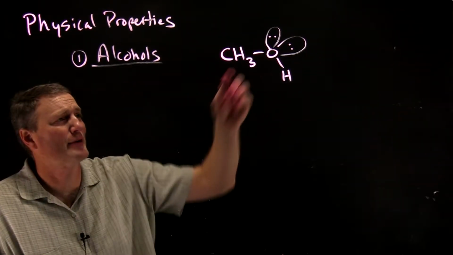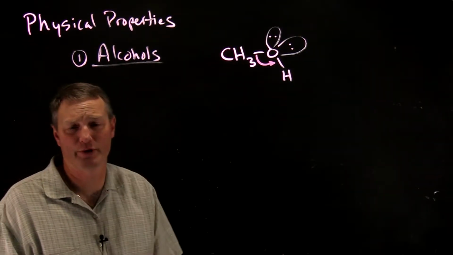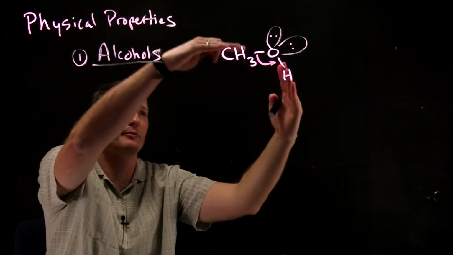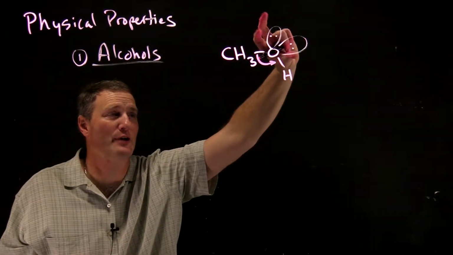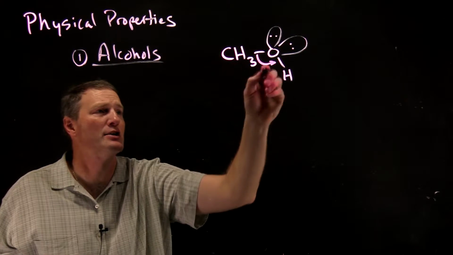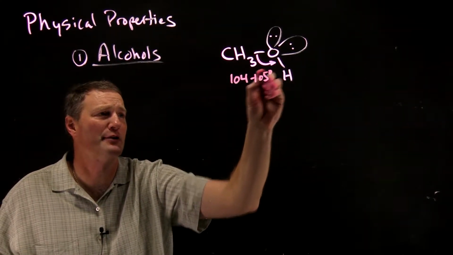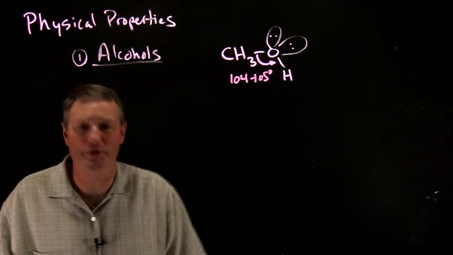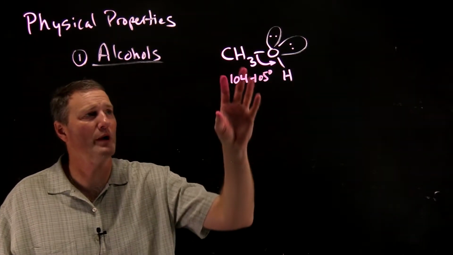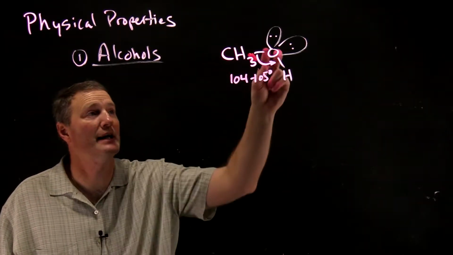So the bond angles of alcohols tend to approximate the tetrahedral geometry. They tend to be a little bit squished from the ideal 109.5 because these electrons tend to spread out a bit more. So the geometry tends to be between 104 to 105 degrees, depending on the nature of the actual alcohol. So the shape is important, but one of the real key features about alcohols is they have this very